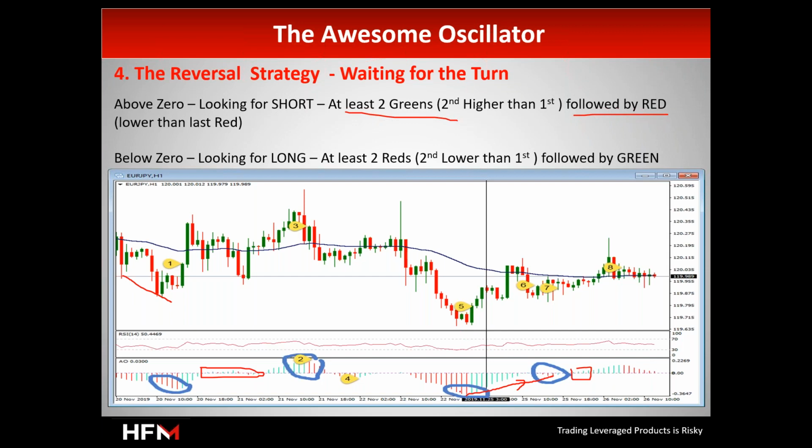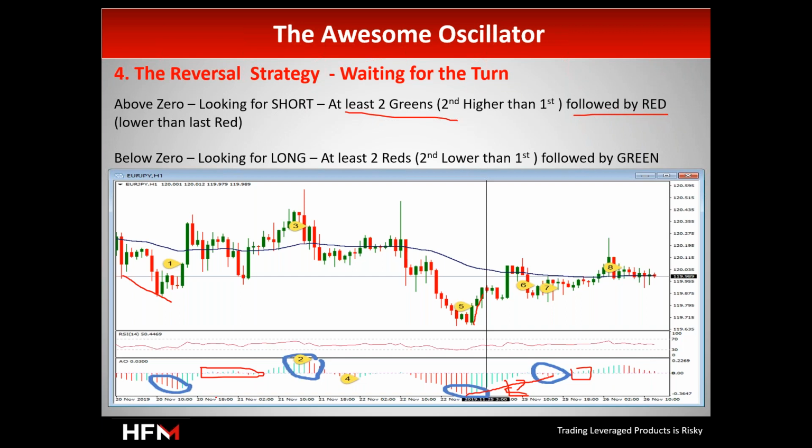So you see, 2 consecutive reds, the second lower than the first, followed by green bars. We have consecutive green bars over here, and that is combined with 3 bullish candles in our chart over here, suggesting a rebound. So that could have been a long position because there is a reversal of the trend.